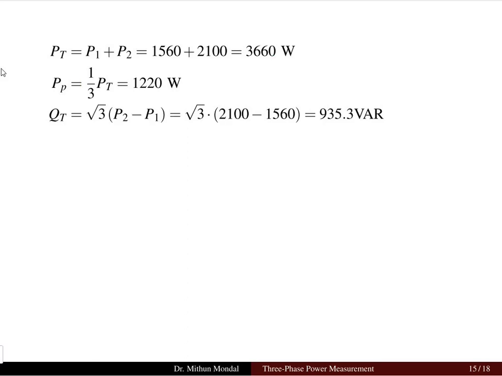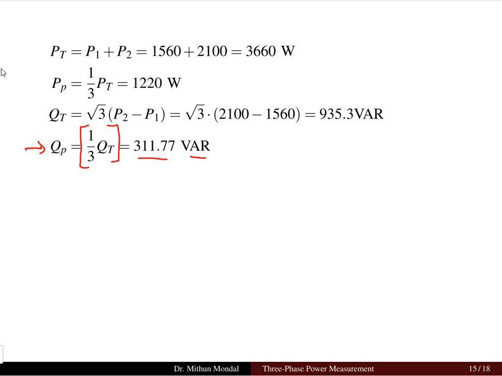Similarly, the total reactive power we can estimate using the formula √3 (P2 minus P1), where P2 is more than P1, and we are getting 935.3 volt ampere reactive. And this is for the 3-phase reactive power. So per phase reactive power again will be 1/3 of the total reactive power, which is equal to 311.77 volt